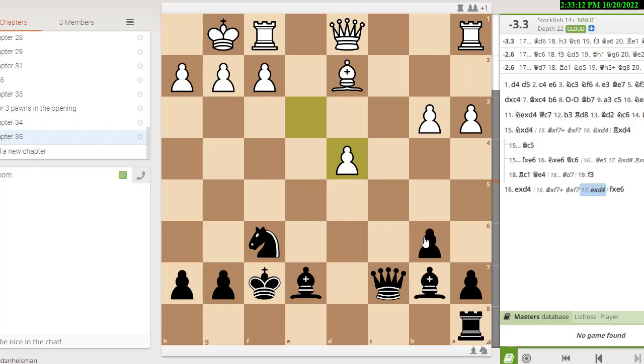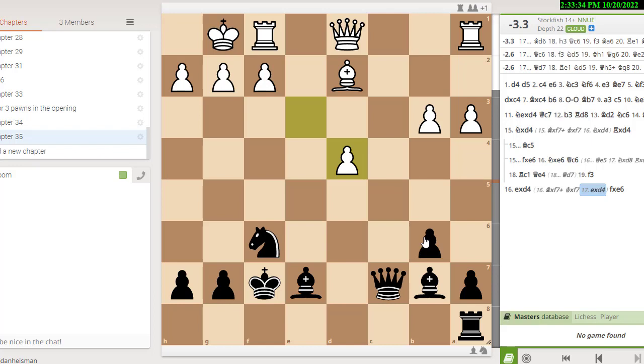If you're one of those people that just does Reinfeld counts to figure out how good you are, in this position, you would say that white is up a pawn or up a point, depending on whether you like points or pawns. Well, white may be up a point according to the Reinfeld numbers, but according to the engine, black is up by 3.3, which is enough to win every game without too much trouble.